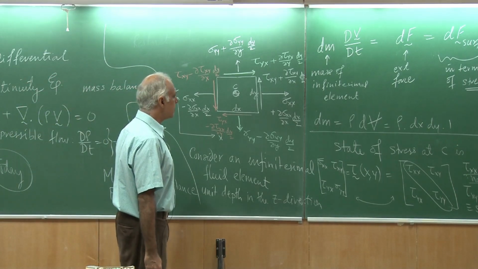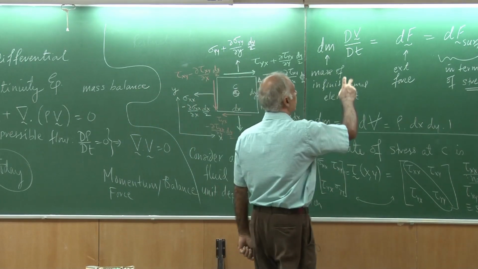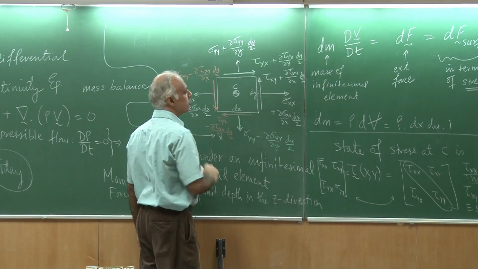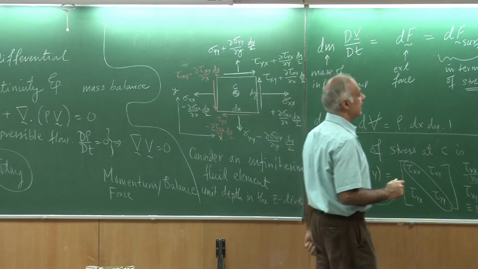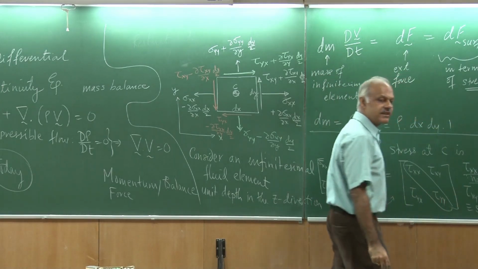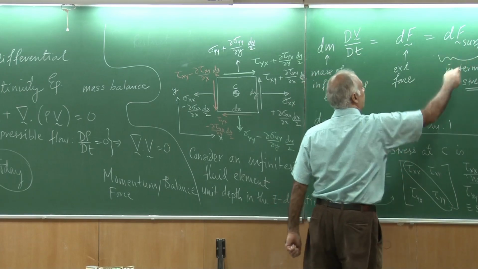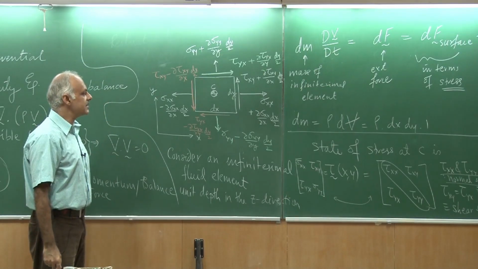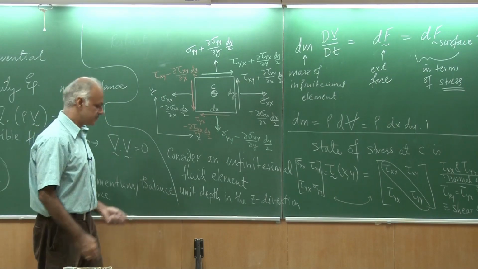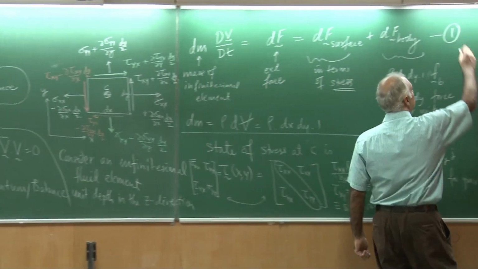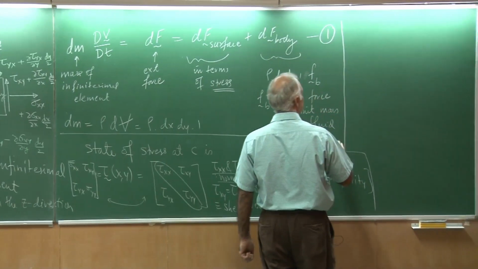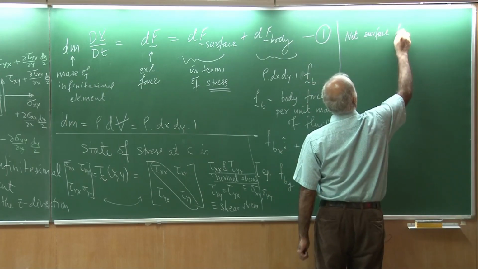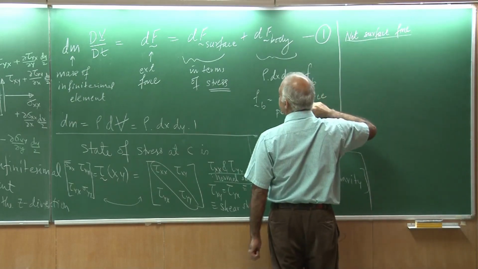Okay. So next what we want to do is, let me draw your attention to equation 1. We said that the mass times acceleration of this fluid element is equal to the net external force. So there is a body force which I have already written down here, and now I am supposed to find out what is the net surface force because of this state of stress on this element. Okay, so let's get down to estimating that. So net surface force.